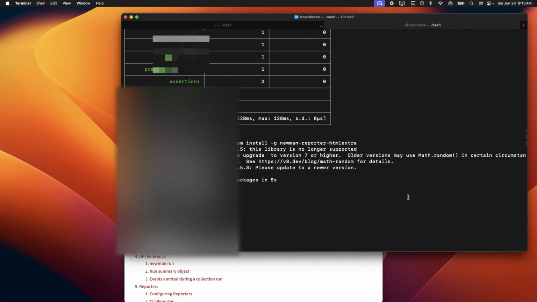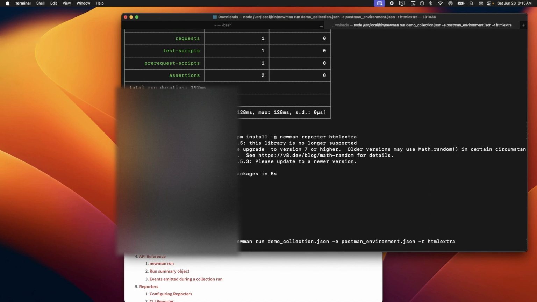So once that is installed, we can rerun our command and add an -r flag, that is the flag for the reporters, and tell it to use htmlextra, the package that we just downloaded and installed. So let's see, it runs just like before, but it says the report has been saved,